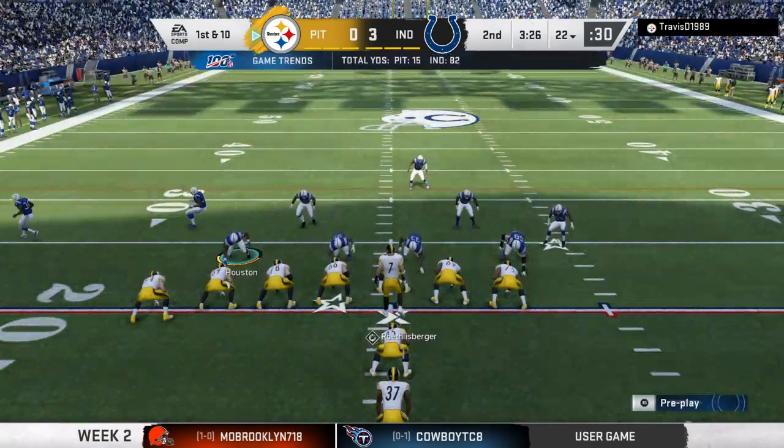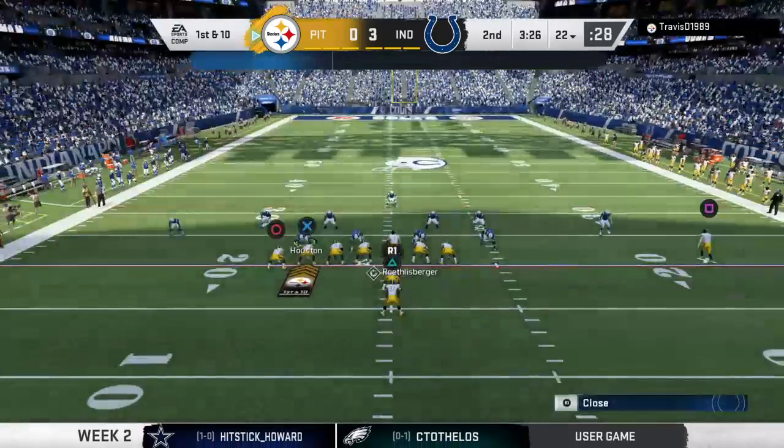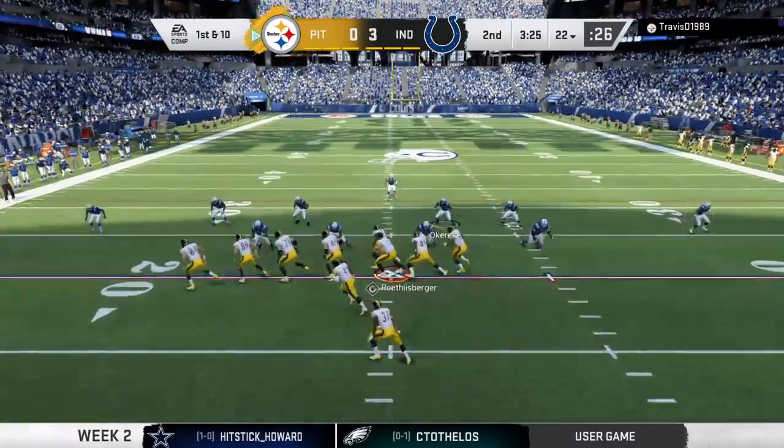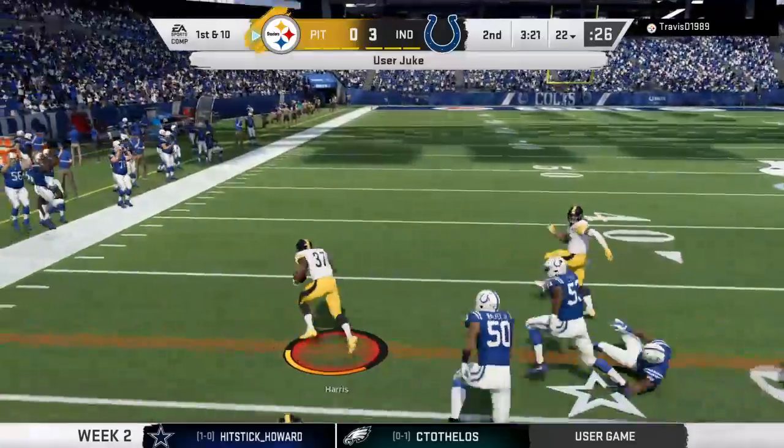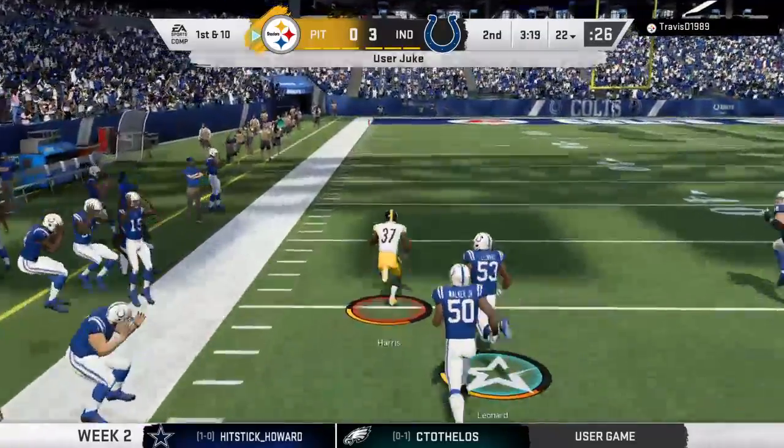The Steeler offense here about ready for their next drive. They threw an interception the first time they had the football, only gave up 3 points off of that, so it shouldn't be a difficult hole to overcome. It really shouldn't, as long as they're not listening to the chatter coming from...